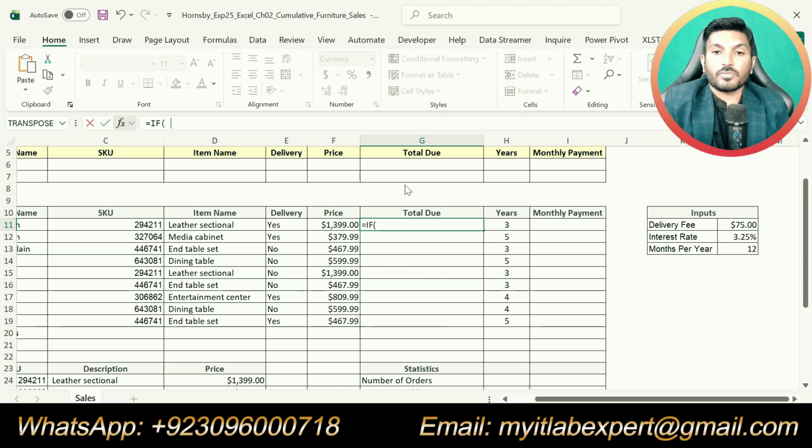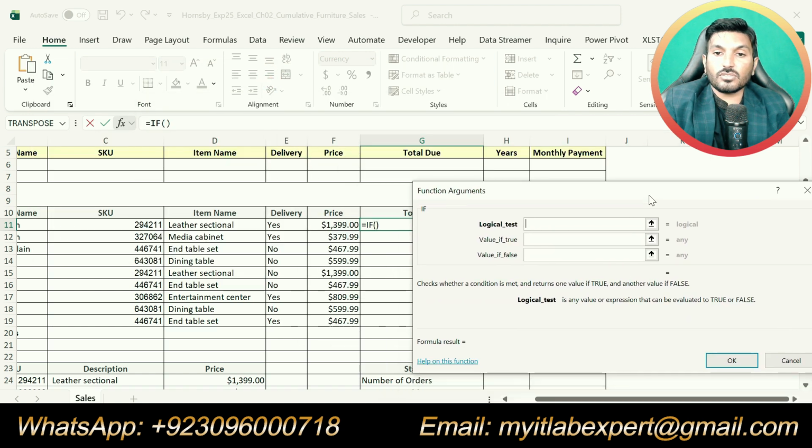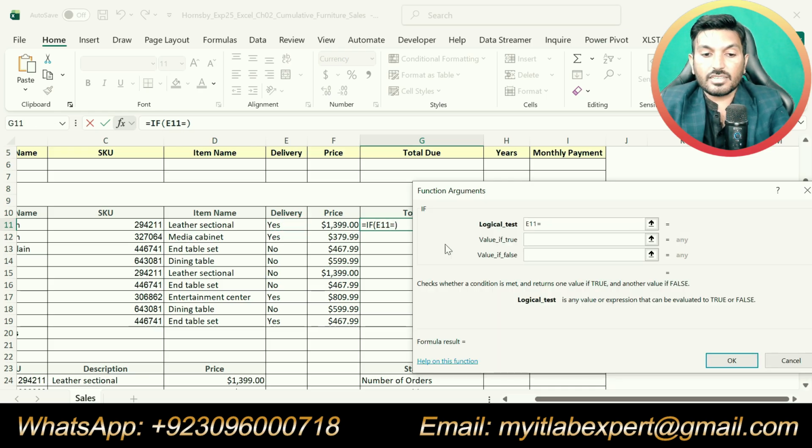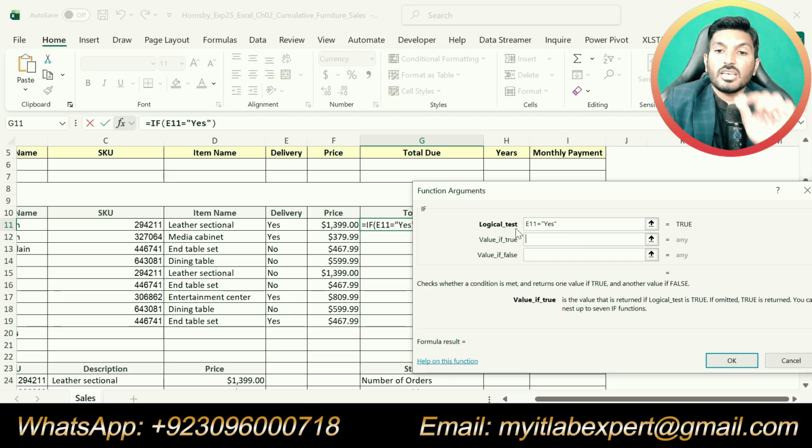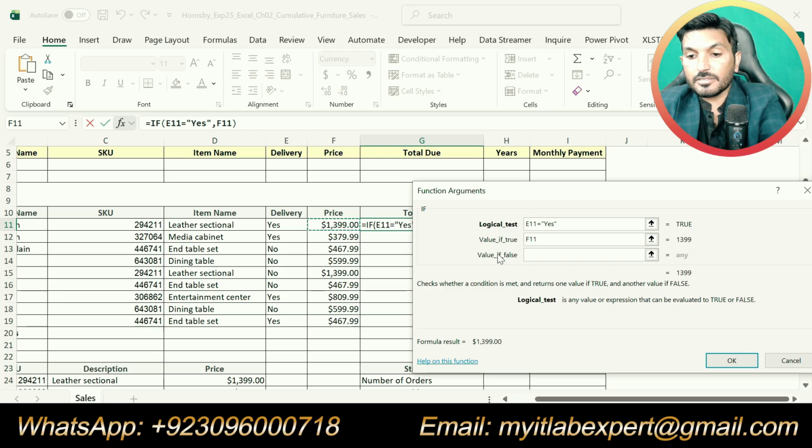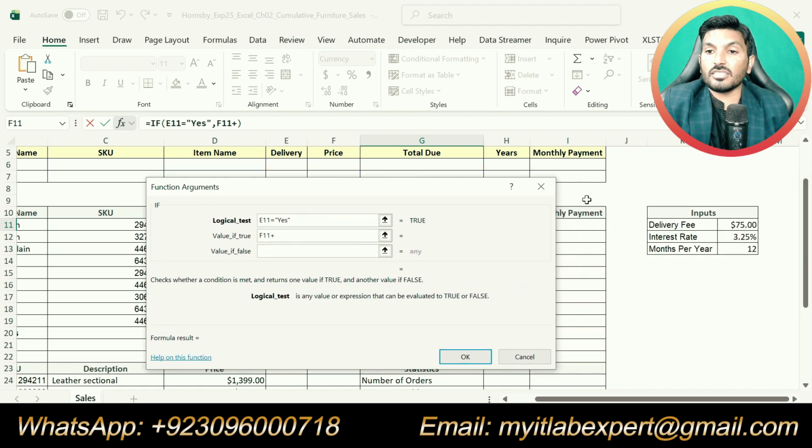Okay, now we will our logical test. So our logical test is if column E is equal to yes, if this condition is true, so our price will be price plus additional charges that are given in cell L11.